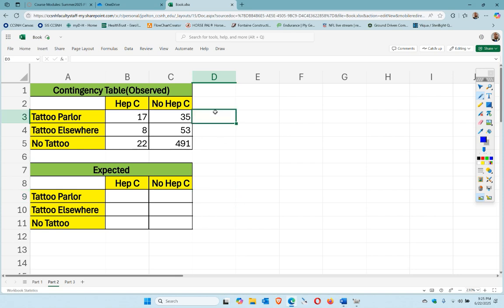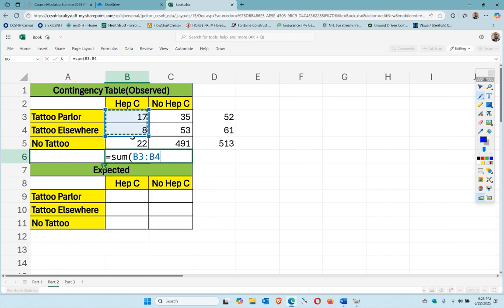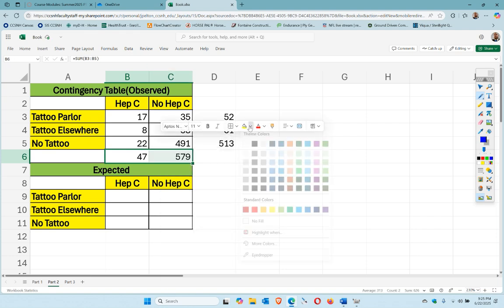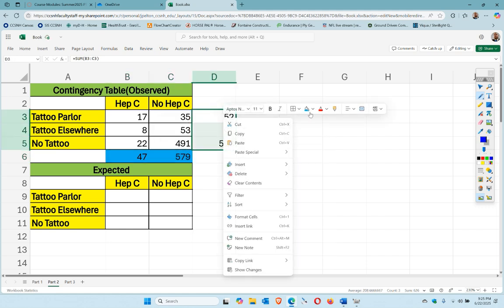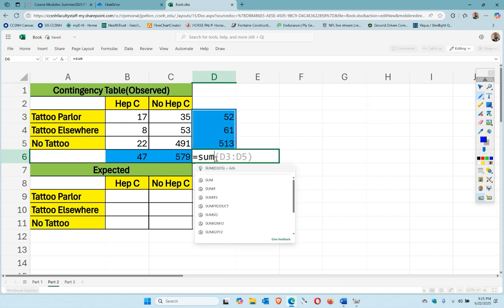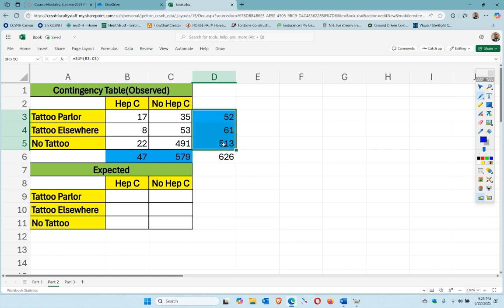So we need to do equals the sum of these, drag it down, and equals the sum of these, and drag it over. So those are my row and these are my row, and we'll put a different color in them. How about a nice blue or something maybe? Who knows? So those are my totals there we need, right? And then my grand total, the sum of the whole grid, right? So there's 626. If you add up these, you get 626. You add these, you get 626. You add these, you get 626. Okay, so